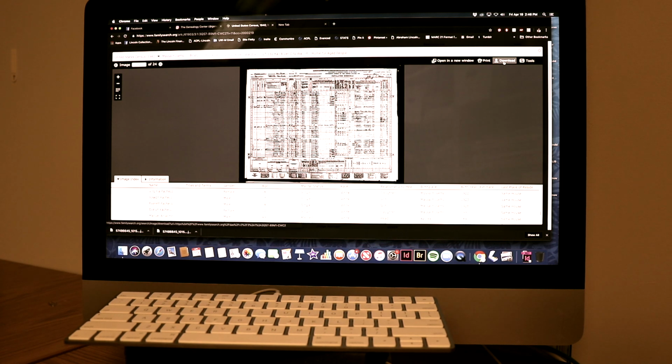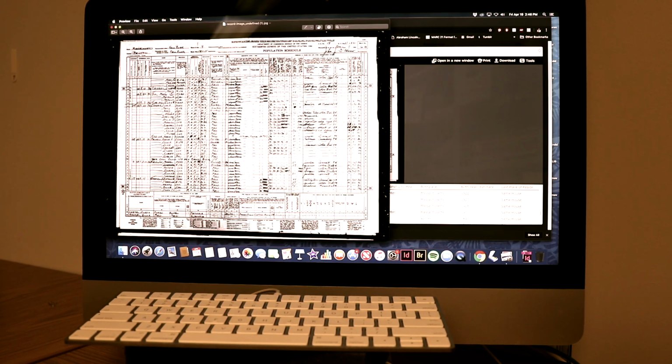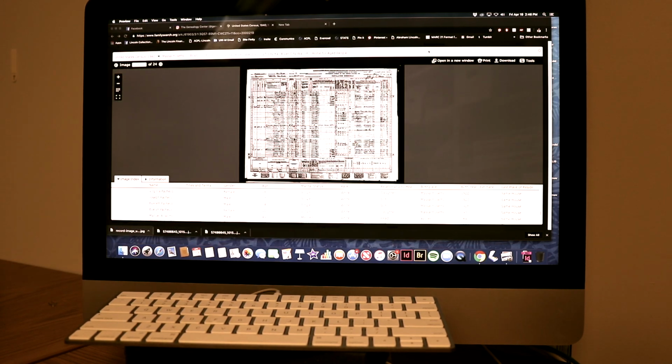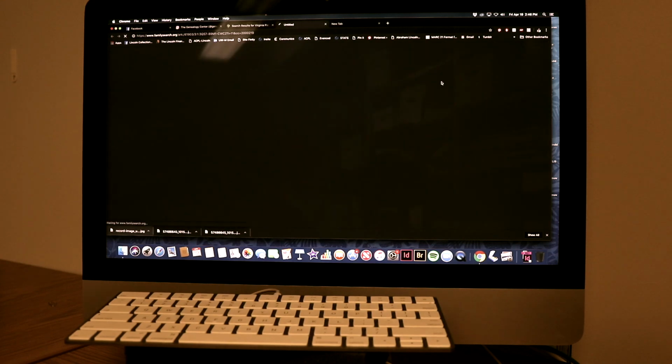So the first thing you can do is immediately hit download. It will show up in your download bar at the bottom of your web browser. It will also show up in your download section in the bottom right. We'll open it here, and here's the full image. This is going to be your best quality image. Something else you can also do if you open it in a new window,